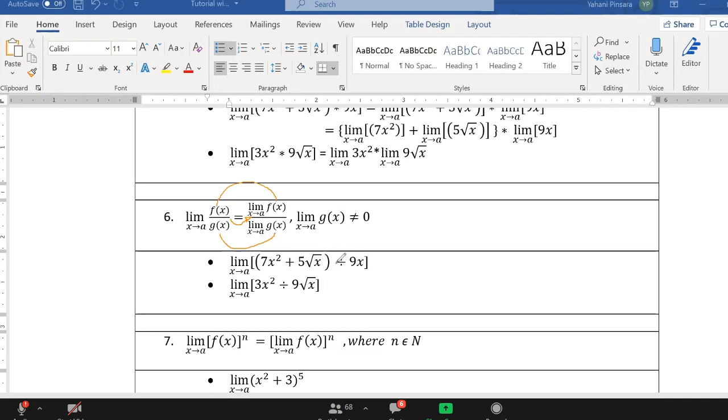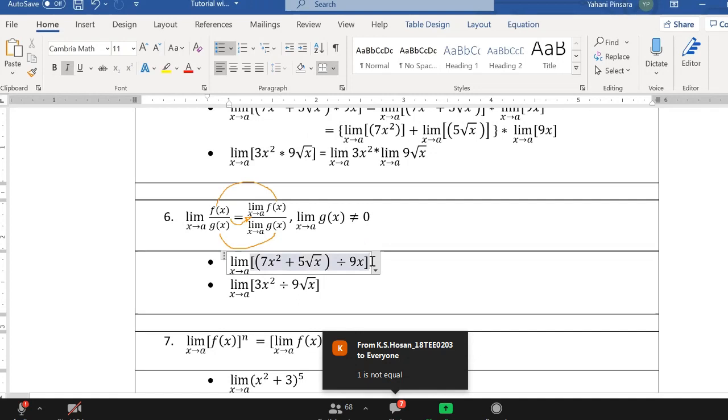So here if we take one is not equal means